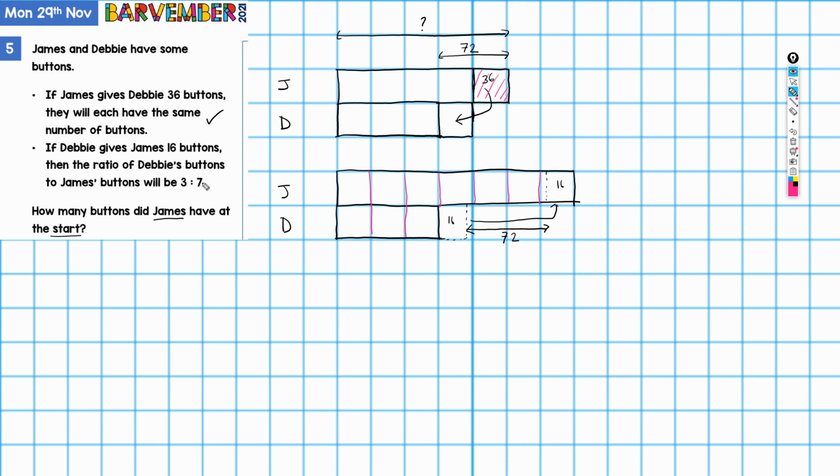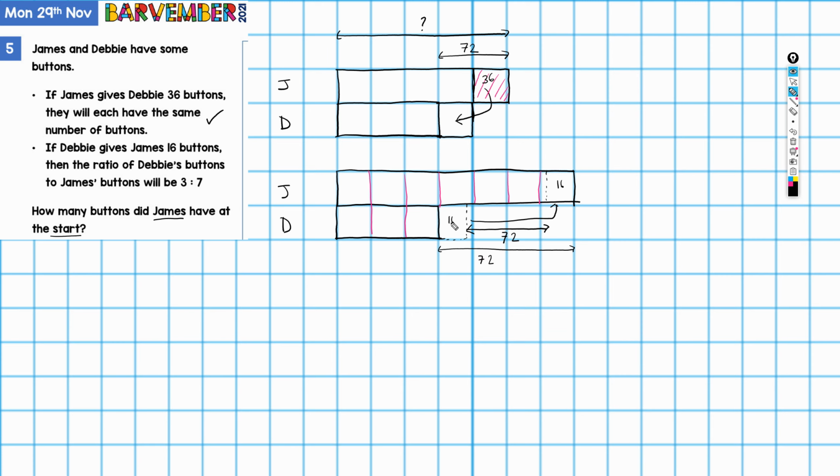So this final scenario finally gives us some equal parts. So how can we fill in the numbers? Well, the difference here is 72, but we want to find out this difference so that we can calculate the value of the individual parts. And this difference must be 72